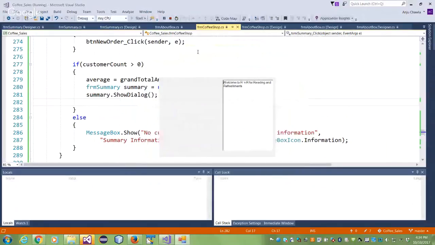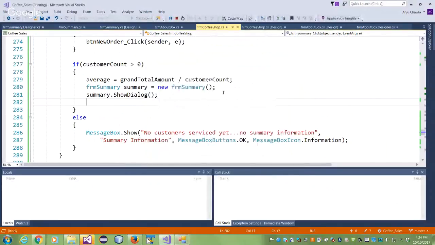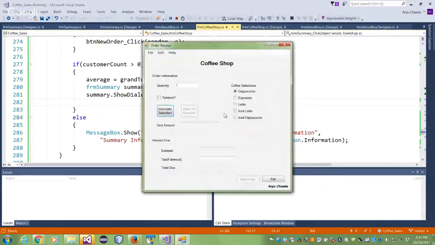Oh, I get what you're saying. If you haven't done a calculate selection yet, I can only press new order after I do a calculate selection. And the new order is not even here. So what did I do last time? I don't think you hit calculate selection. But then how was I able to hit it? Maybe I was hitting, no, I don't know. But the only way the new order comes up is after I do a